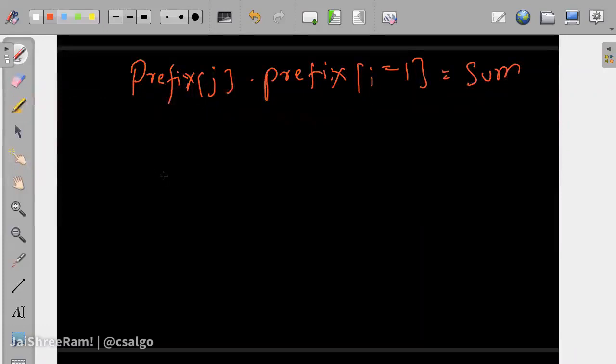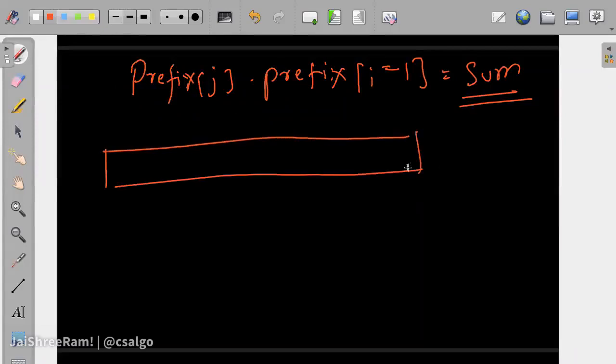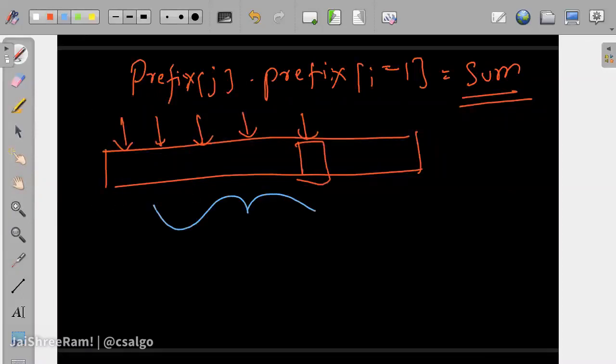So now let's try to count the number of subarrays that end at a particular point and have sum equal to this particular sum. So what we do is, we have the array, so we will iterate from the front, and whenever we reach a particular point in the array, we consider all the subarrays that start at some point and end at this point, which have sum equal to this given sum.